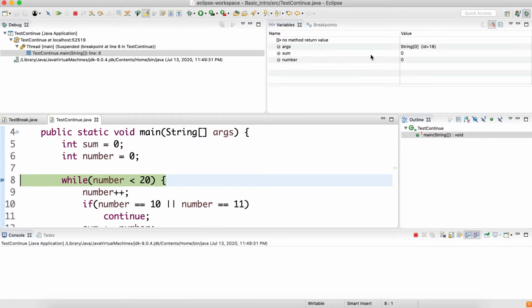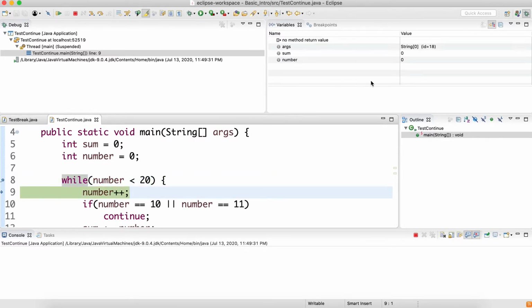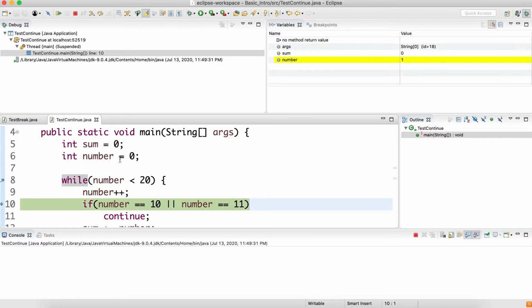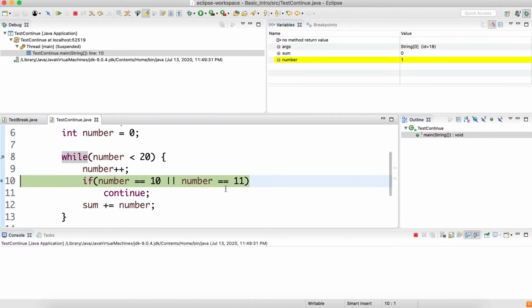My sum and number are 0 because they have been initialized to 0. Then it will continue here: 0 less than 20 is true, and again like before we step into it and it goes to number plus plus. So number increases by 1 and becomes 1.